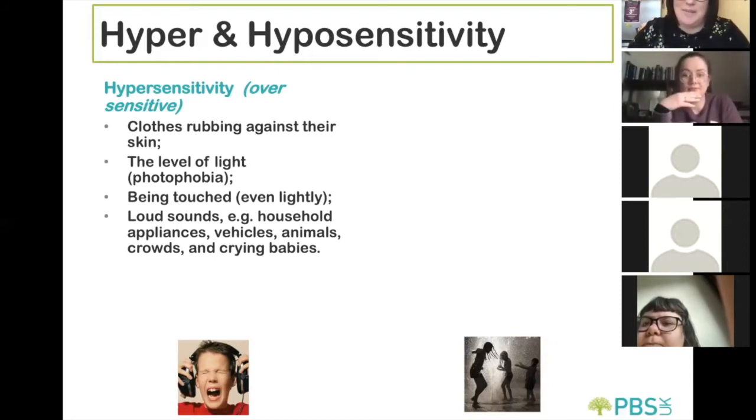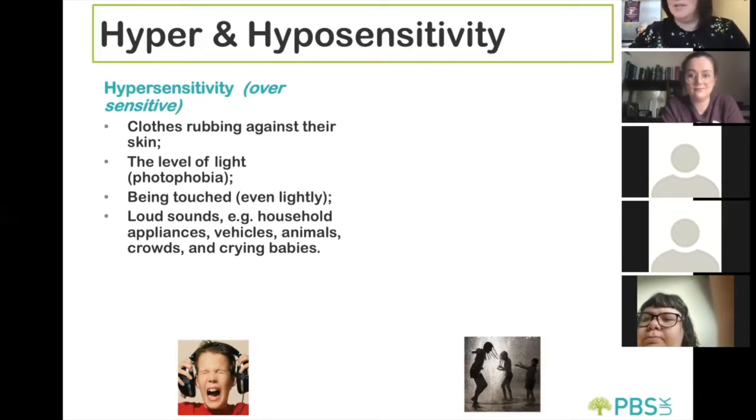Not being able to say, look, I'm getting really upset because my socks are really hurting. It's really uncomfortable. That light sensation on the skin is sometimes described as painful, and autistic people have said that themselves, that light touch in particular can be experienced almost as a needle in the skin. So not being able to express that. If you bought a new item of clothing and you're wearing it on the train or something, and you can't take that label out, it gets worse, doesn't it? It gets so much worse because you can't do anything about it.